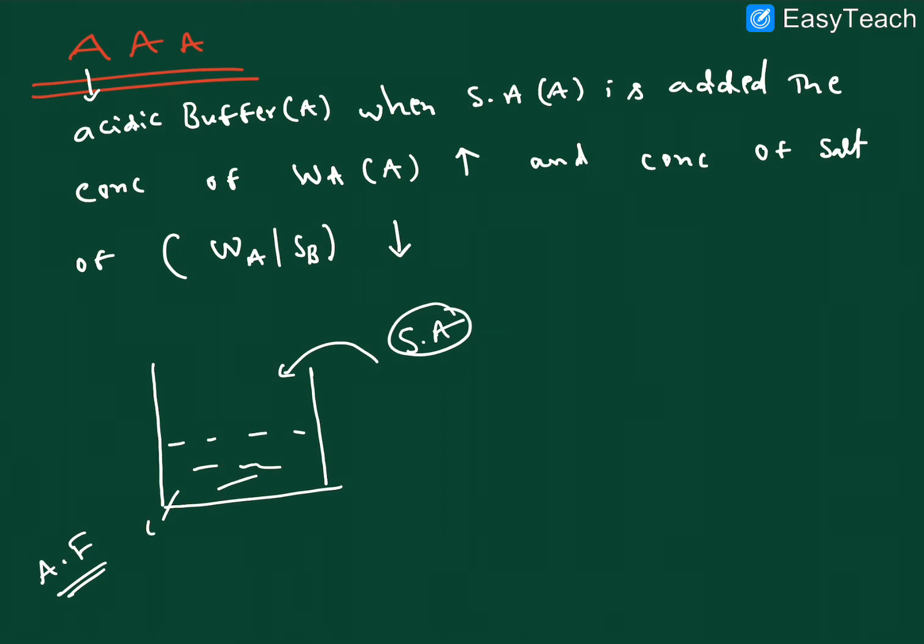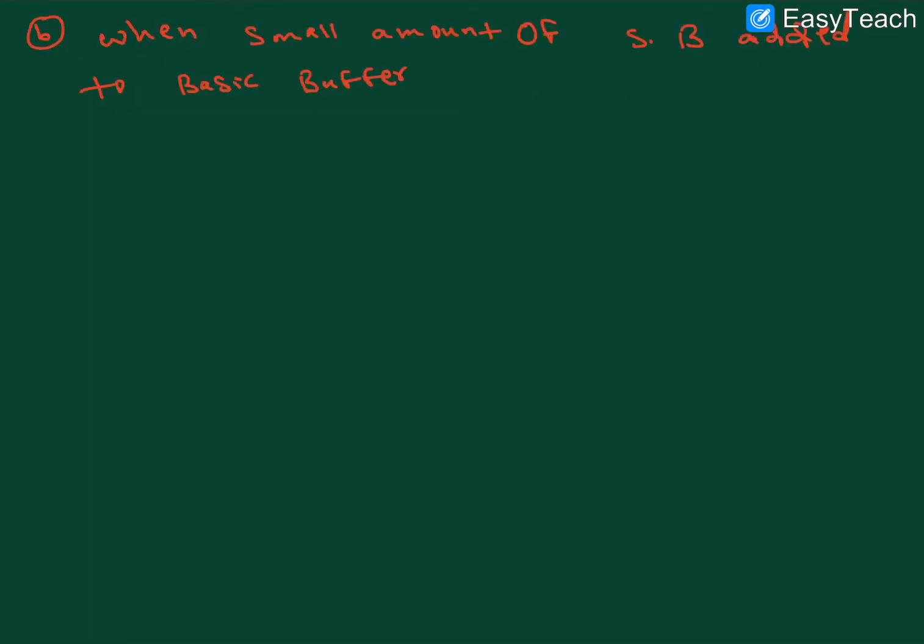Now we are adding strong acid. Generally, in acidic buffer solution, what are the ions? There is acetate ion plus acetic acid plus sodium ions plus water molecules. H plus ions are there. This is the combination. Generally the H plus ions combine with the acetate ion to form a weak acid. So the weak acid won't affect the pH that much. So the pH remains constant whenever we add a small amount of strong acid. I hope it is clear.